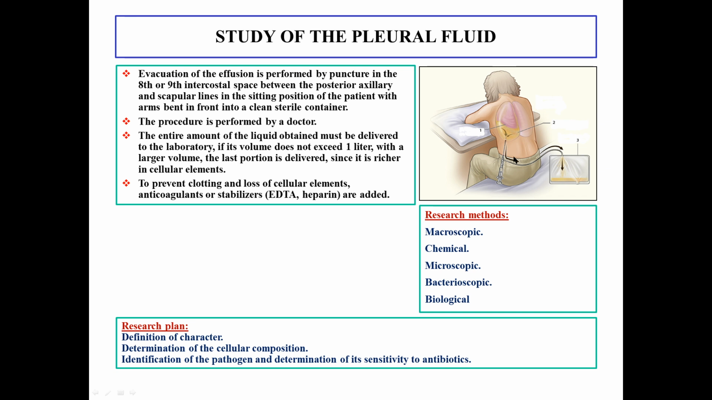if its volume does not exceed 1 liter; with a larger volume, the last portion is delivered since it is richer in cellular elements. To prevent clotting and loss of cellular elements, anticoagulants or stabilizers like EDTA or heparin are added. There are several types of research methods of pleural fluid: macroscopic, chemical, microscopic, bacterioscopic, and biological. We should define the character, detect the cellular composition, and